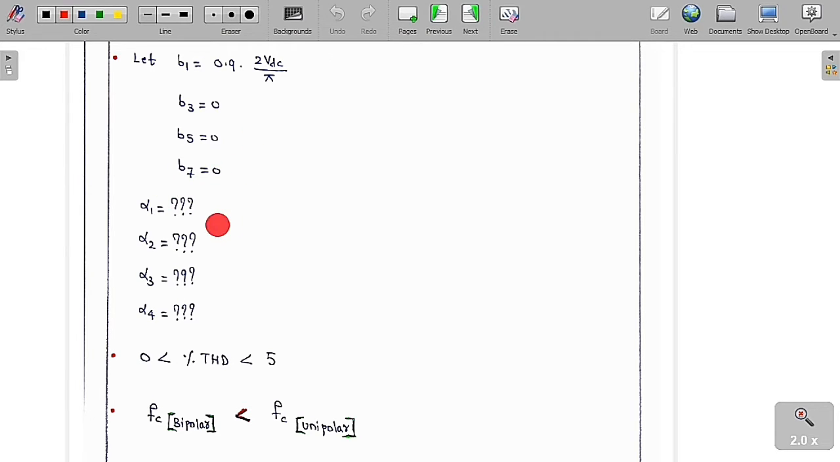So with the help of this process, we are going to get a percentage of harmonic distortion which lies between 0 to 5 percent in the output voltage. And always the carrier signal in the bipolar is lesser than the carrier signal in the unipolar. It's a very important point. So we can say that the carrier signal in the unipolar is always greater than the carrier signal in the